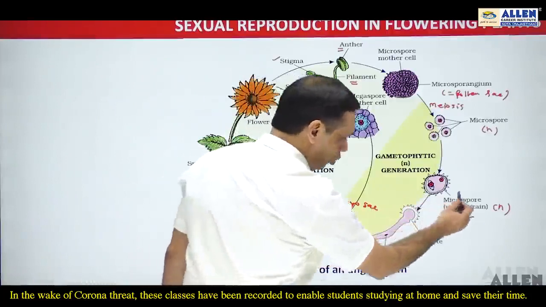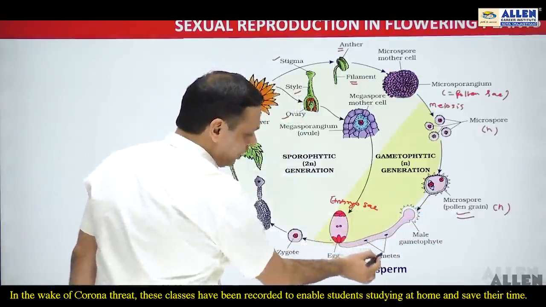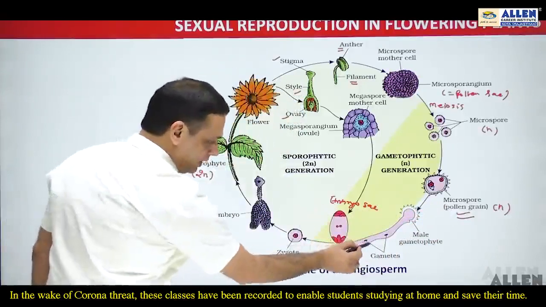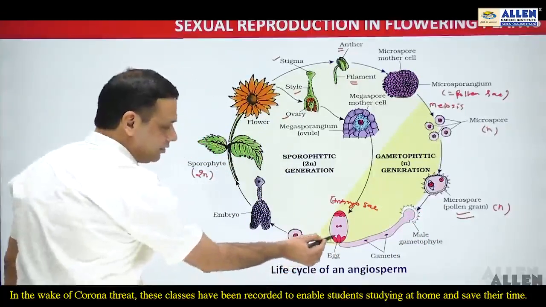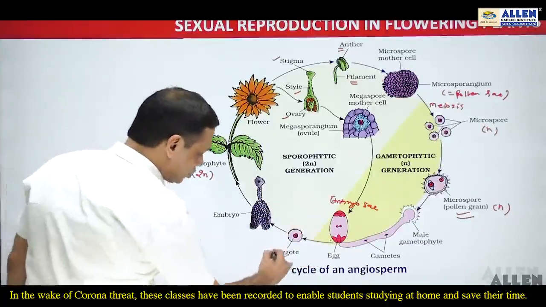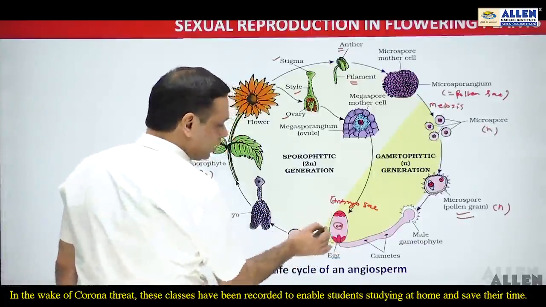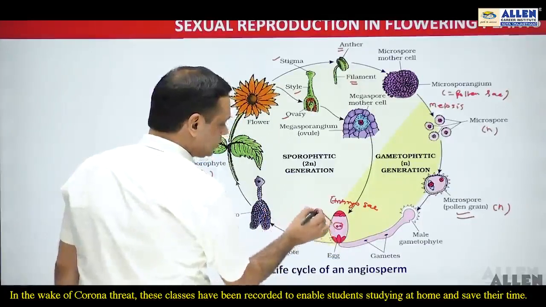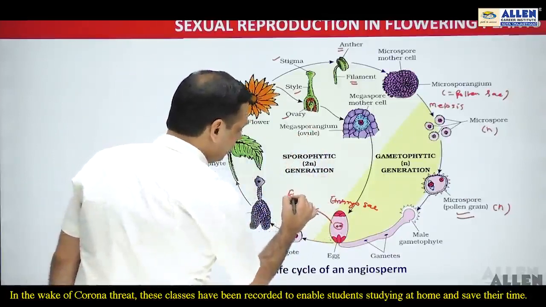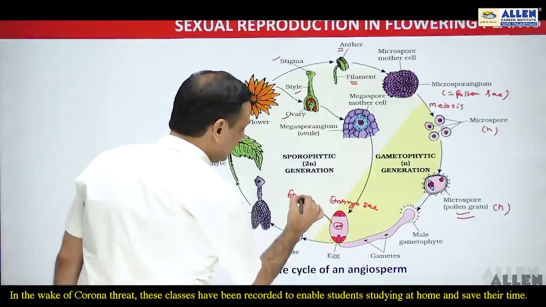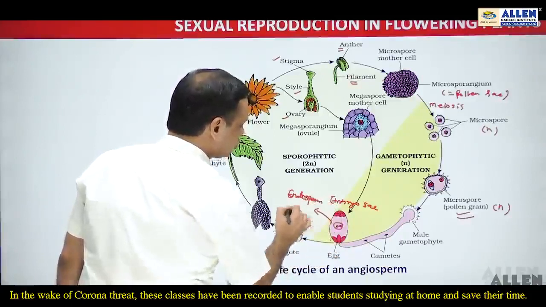Once this pollen grain matures and is converted into the male gametophyte, that male gametophyte contains 2 male gametes. When these 2 male gametes enter the embryo sac through the pollen tube, one male gamete fertilizes the egg cell and gives rise to the zygote, and the second male gamete fuses with the secondary nucleus, giving rise to the PEN, and finally that PEN inside this PEC gets converted into endosperm.